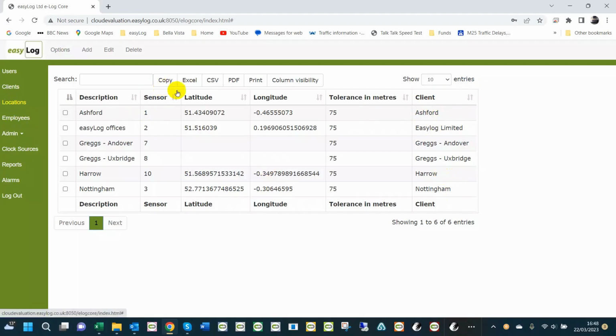So for example, if I look at these two here, we can see we've got a contract with Greg's, and we go to Greg's in Andover and Greg's in Uxbridge. But notice over in the client side of things, we have created two separate clients, one called Greg's Andover and one called Greg's Uxbridge. If we therefore go into Greg's in Andover, I just tick against it, click on edit